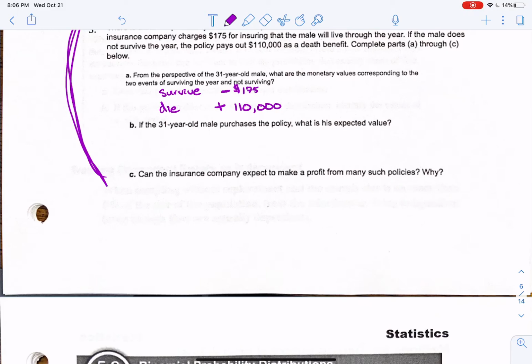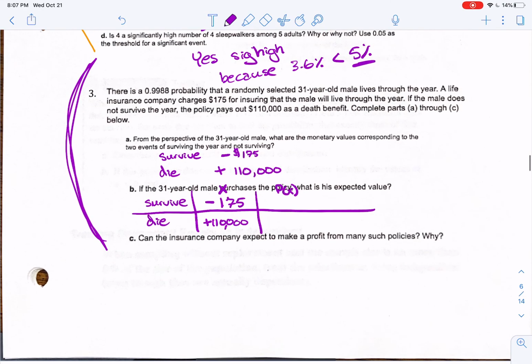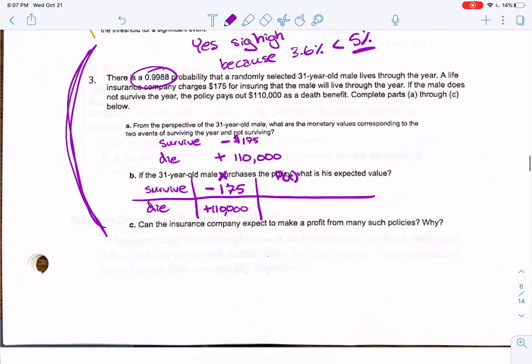If the 31-year-old male purchases the policy, what is his expected value? Okay, so the two things that I have are survive and die. This sounds really morbid, but whatever. Okay, survive and die. So we're going to put the P of X over here, the probability of that happening, and then we're going to put our X's over here. So if I survive, I'm going to lose $175. If I die, I'm going to plus $110,000. Okay, the probability of surviving, though, is